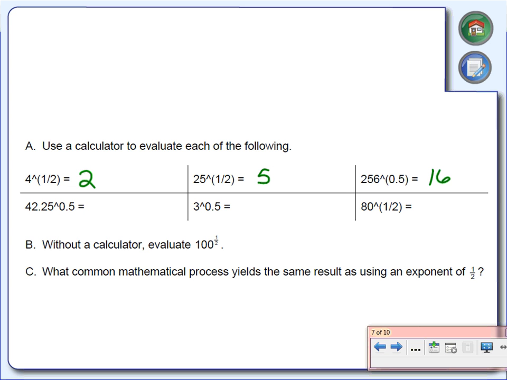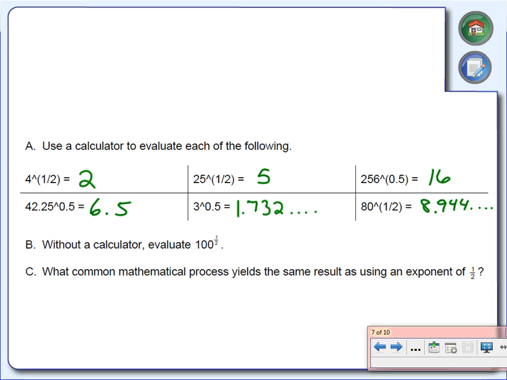42.25 raised to the 0.5 power. What do we get for this one right here? 6.5. 3 raised to the 0.5 power would be 1.732 something. And the last one over there, 80 raised to the 1/2 power is 8.944 something. So again, when we have anything raised to the 1/2 power, all we're doing is taking the square root of